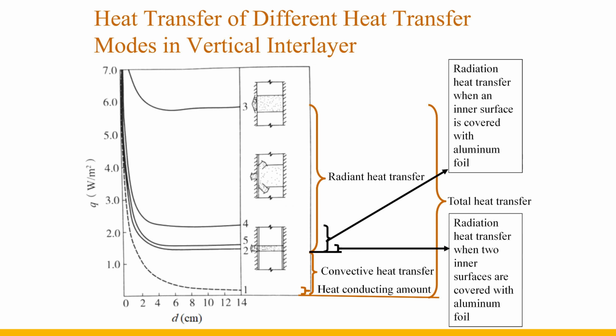After both surfaces are covered with aluminum foil, compared with the case where aluminum foil is attached to one side, the effect is not significant. Therefore, from the consideration of material saving, it is advisable to paste a reflective material on one surface. Think about it. If one surface is fixed with aluminum foil, this side of the interlayer will have a better effect. What protective treatment should be done on the surface of the aluminum foil?